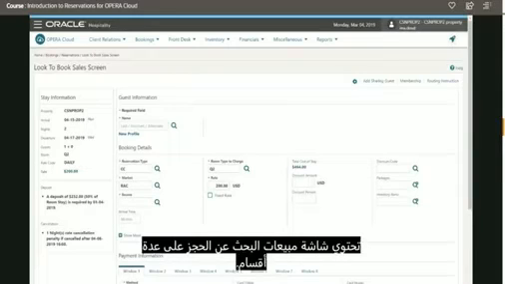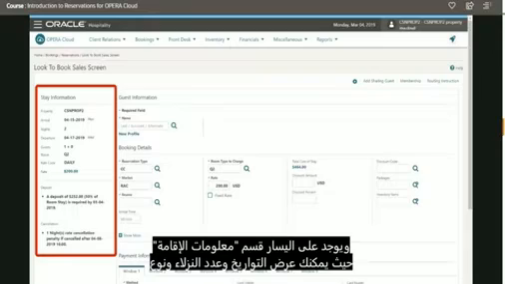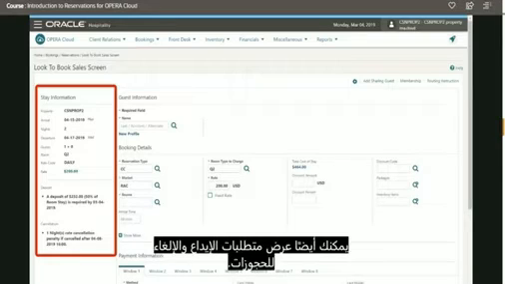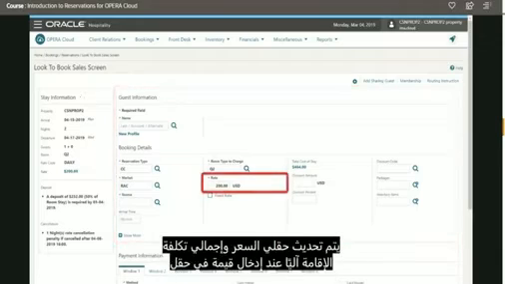The Look to Book Sales screen has several sections. On the left is the Stay Information section where you can view the dates, number of guests, room type, and rate details. You can also view the reservation's deposit and cancellation requirements. To the right is the Guest Information section where you are able to enter any details necessary to complete the reservation. The rate and total cost of stay fields are automatically updated when you enter a value in the discount